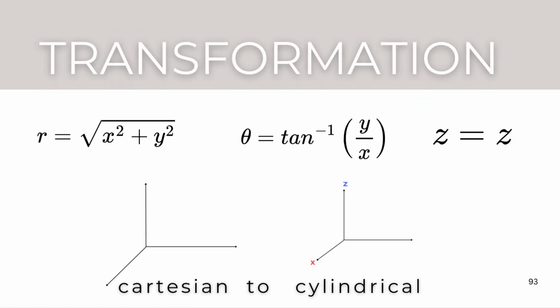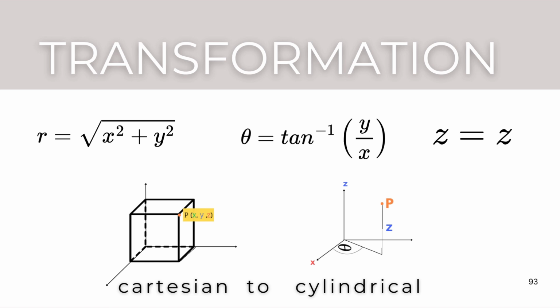The transformation from Cartesian coordinates to cylindrical coordinates involves a change in the coordinate system to better describe problems with rotational or cylindrical symmetry. The relationship between the two coordinate systems can be derived and explained as follows. Cartesian coordinates are defined as x, the horizontal distance along the x-axis, y, the horizontal distance along the y-axis,